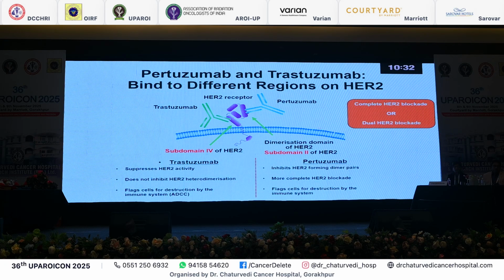So another important thing is why we need a second molecule. If we already have one molecule, trastuzumab, why do we need a second molecule? As the science moves, we all know that not every patient is responding fully to trastuzumab. So definitely there was something missing. So when you go into the mechanism of the HER2 receptor, the important part is with trastuzumab,